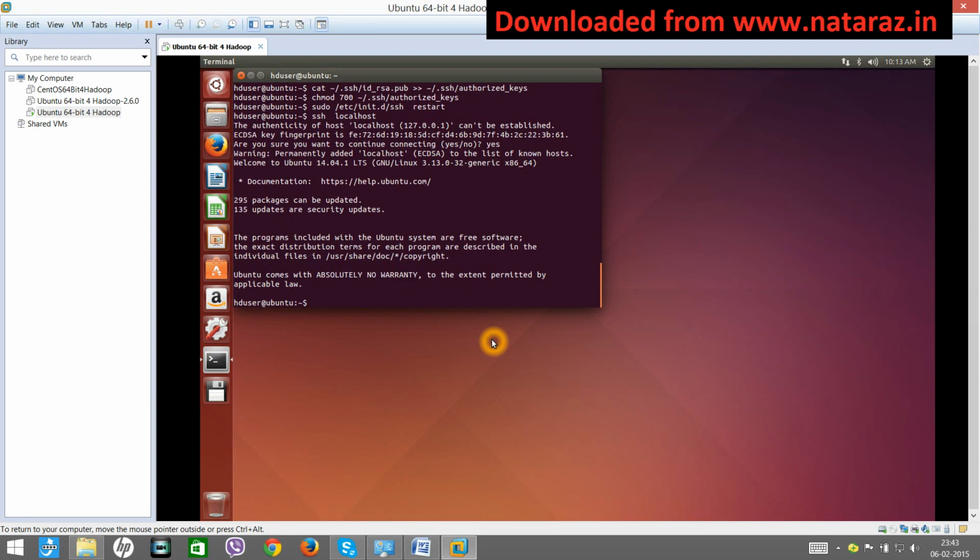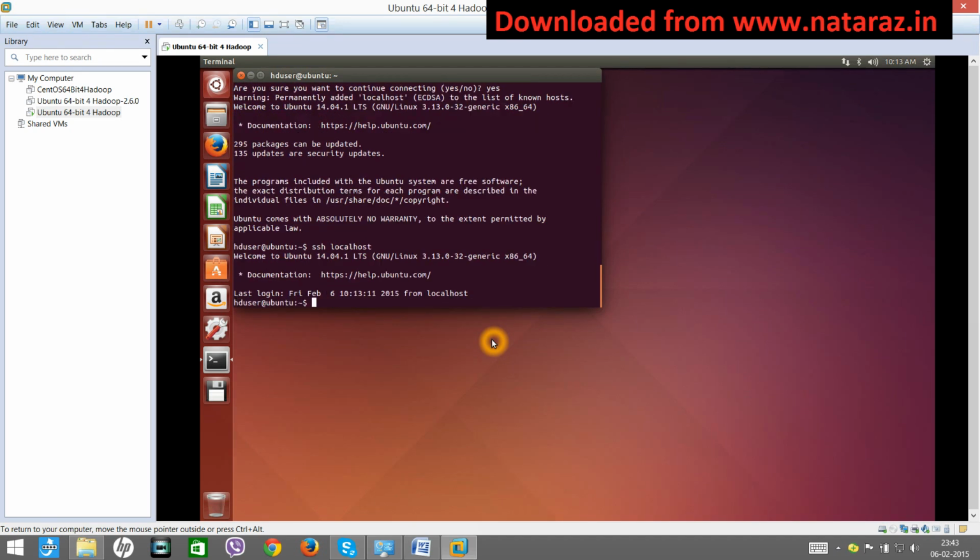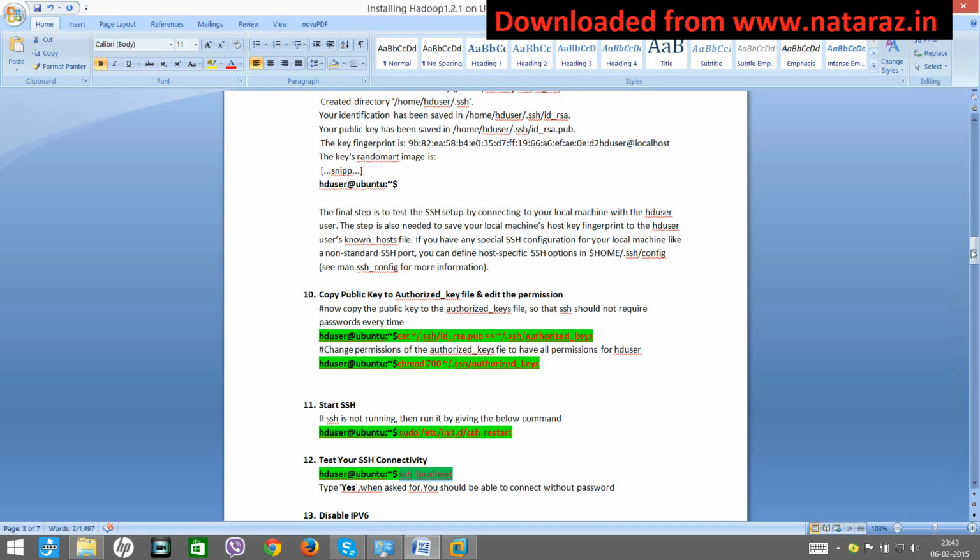So it should be connected and it should not ask you for any password. Alright, again ssh localhost. It should not ask you for any password. If it asks you for any password, that means there is some mistake in the steps. Please refer to the document again and try to do the setup entirely again. Okay, this part is done.